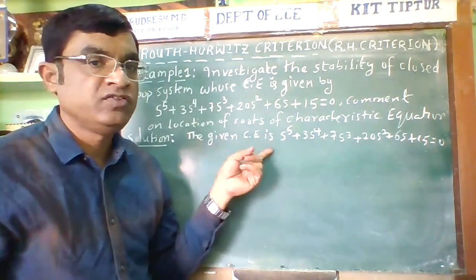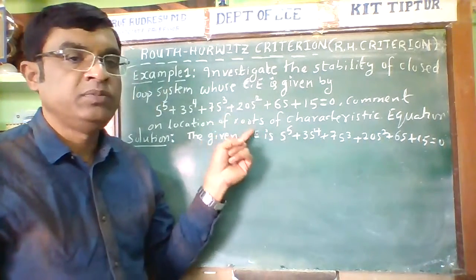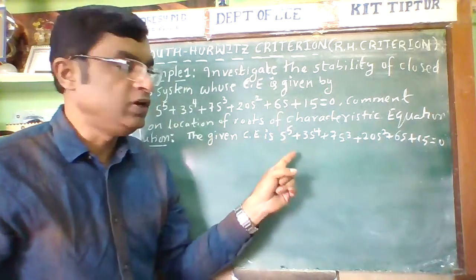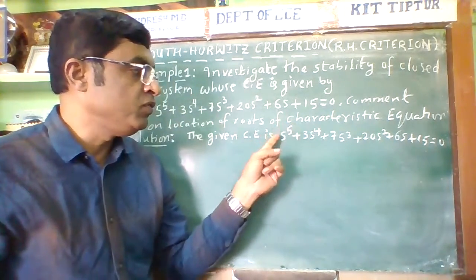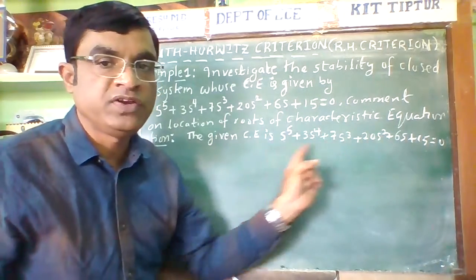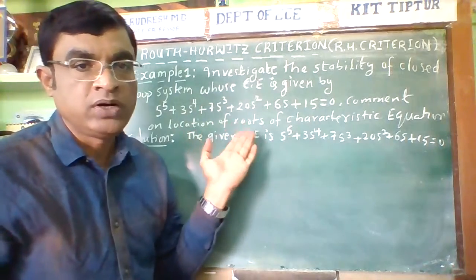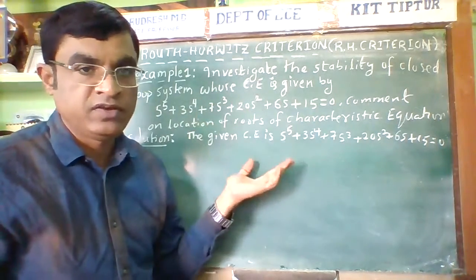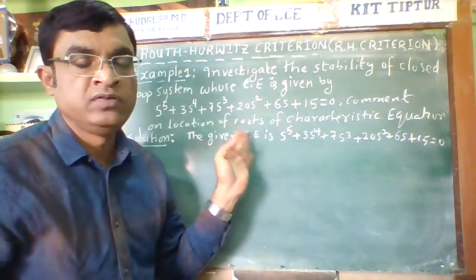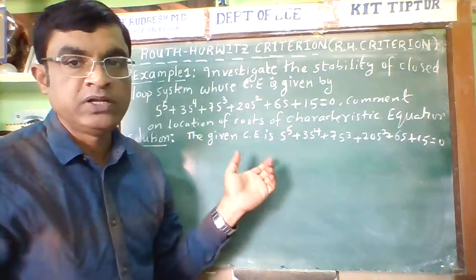What is the necessary condition of stability? If all the coefficients of the characteristic equation are positive, here the coefficients are 4, 5, 1, 3, 7 and 20. The coefficients are positive, so we can easily say that the system is stable. But we need further verification of stability. We go for the sufficient condition of stability, which can be verified by forming the Routh array.